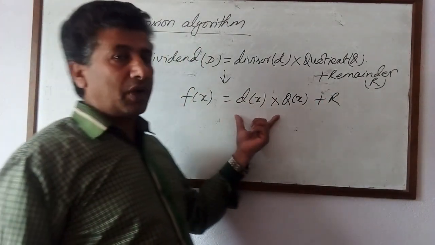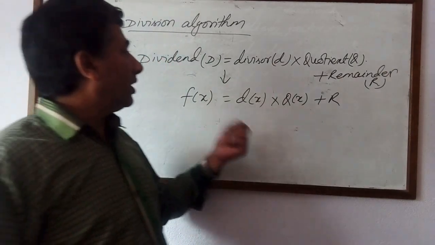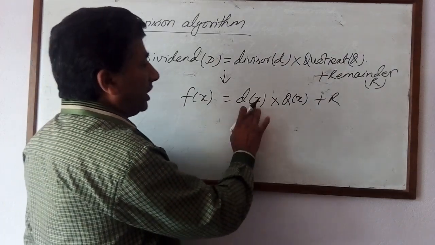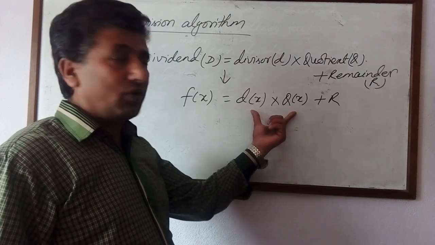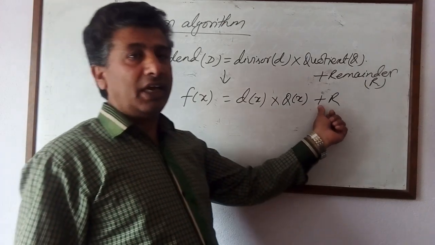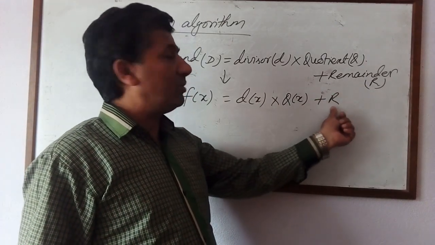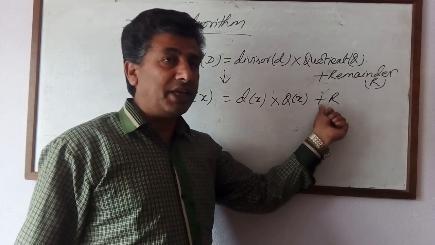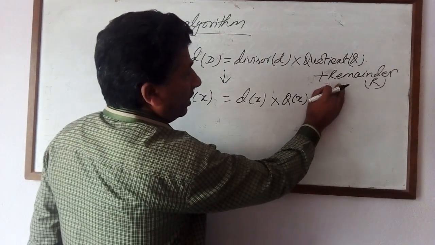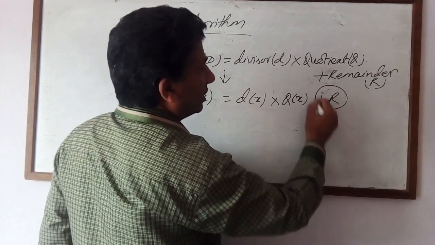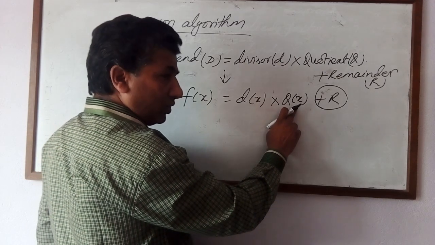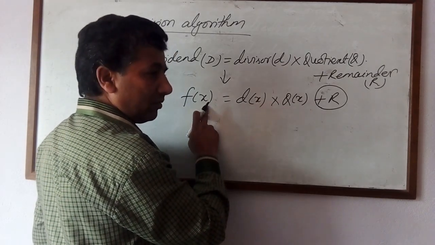Now we have to use this in terms of polynomial. Right now, simple analysis. This one is the dividend. These two, divisor and quotient, right now are not factors, even though there is a multiplication sign, because there is another term, plus r, which is not a factor. If there is a plus or minus sign between them, if there are two or more terms, that will not be a factor. If we remove this r, if we make this 0, then the divisor will be a factor of this one. The quotient also will be a factor of fx.